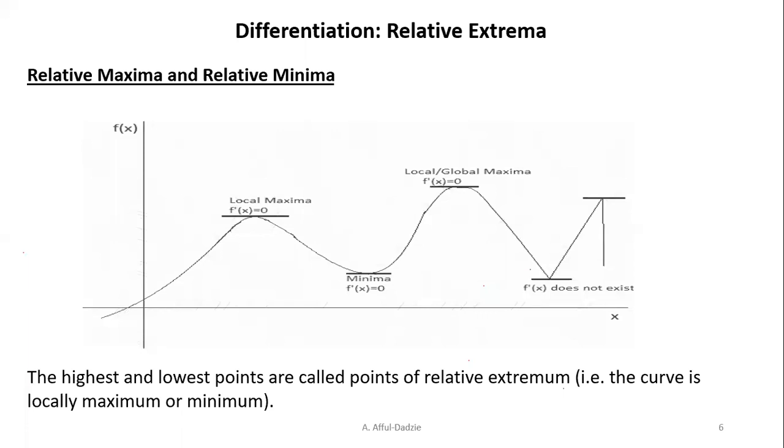Now, having understood what an interval is, and where we are experiencing a decrease or an increase, the next thing we want to understand is, on a particular interval or along an interval, which value is the highest possible value, and which value is the lowest possible value. Now, the idea here is,